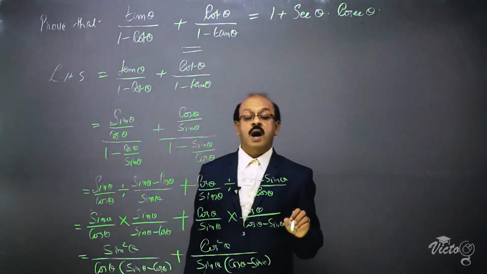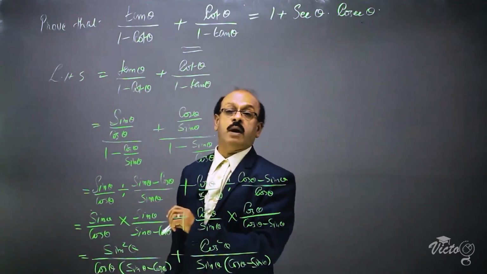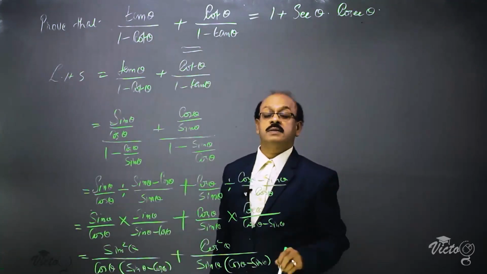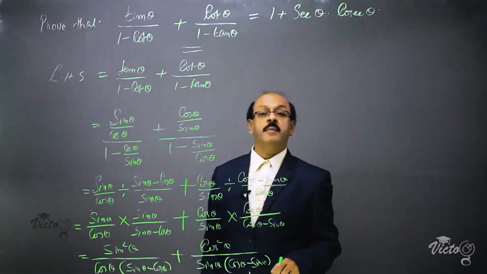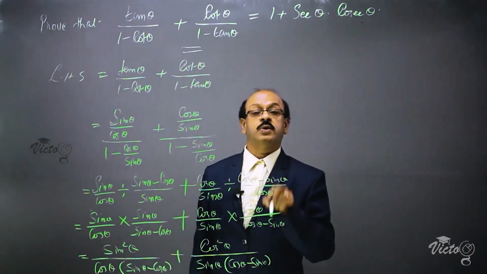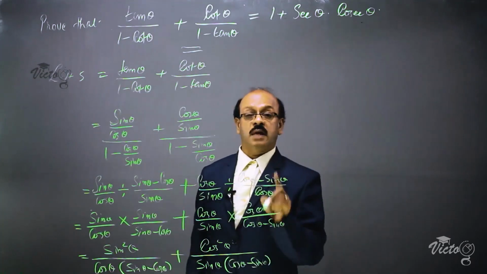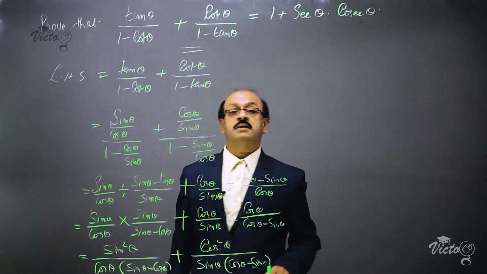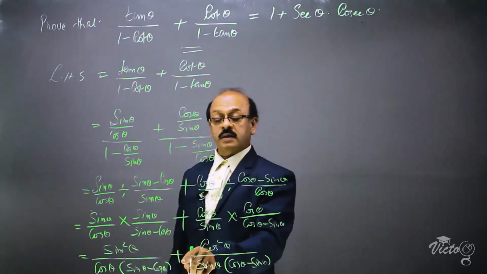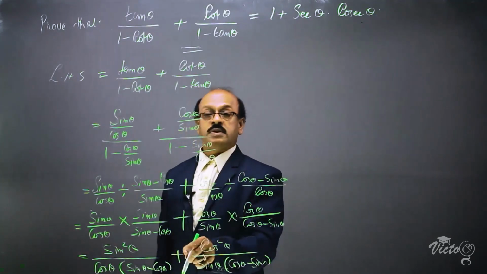For that, we have to change the sign here. That means we have to change the connecting symbol. This is the connecting symbol, here it is plus. We have to change it as minus. Now we can rewrite it as sin theta minus cos theta. Here also it is sin theta minus cos theta. That will be easy for us to take the LCM. So the thing we have to do to make the two brackets the same is change the connecting sign. Here it is plus, so we have to change it as minus. If the connecting symbol is minus, we have to change it as plus. So here we have to change it as minus.